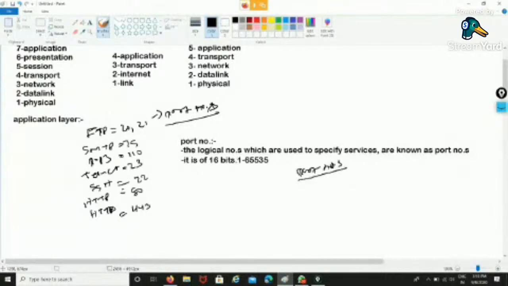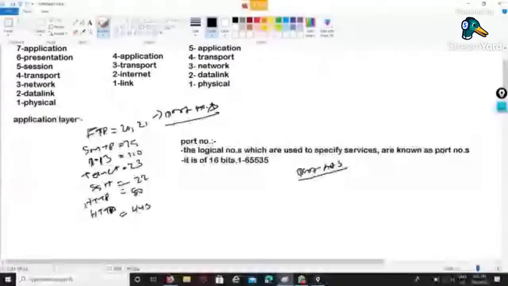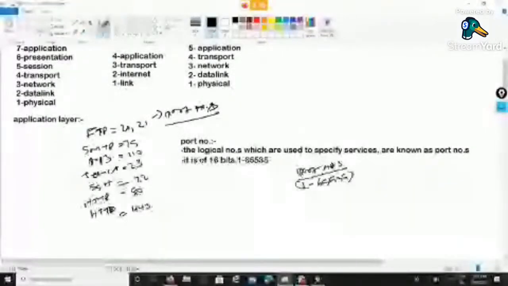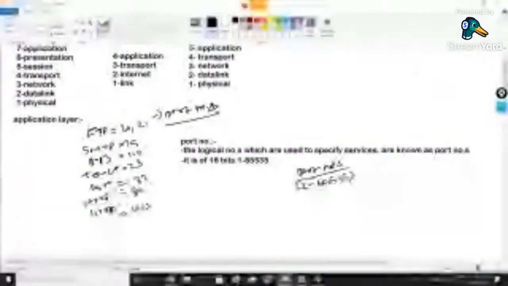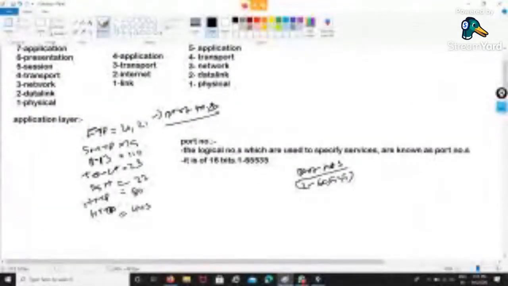So port numbers range from about 1 to 65535. This specific range is used to identify the port numbers, and that range is divided into two parts. First is the well-known port numbers range,